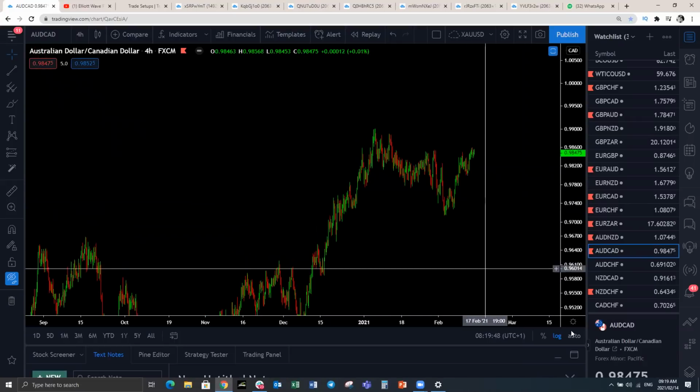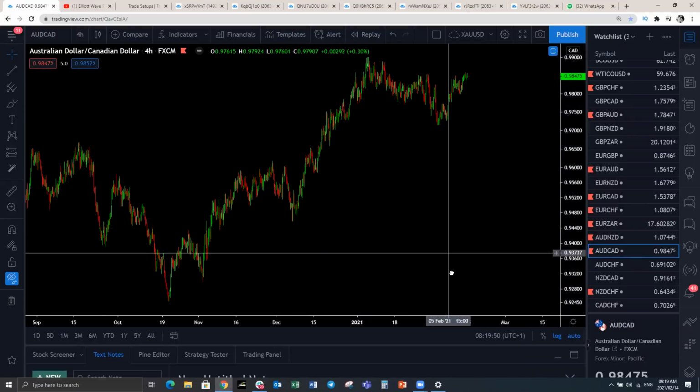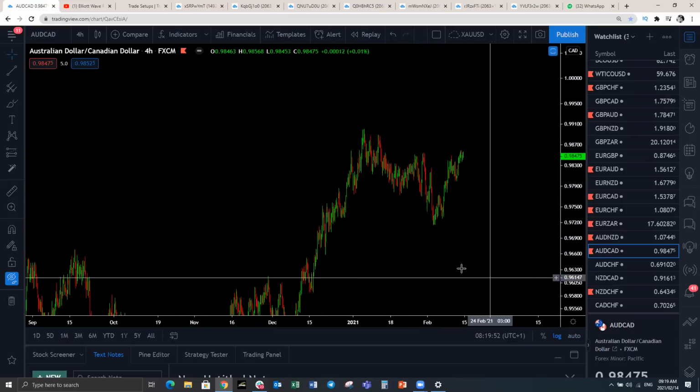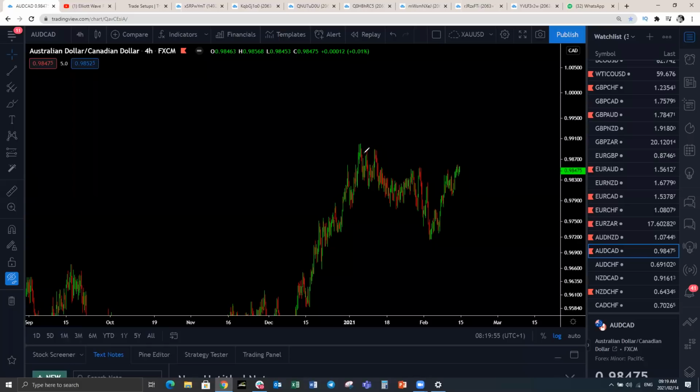AUDCAD, we've got a trade setup on this one. A very nice, painless trade setup on this one that I'll show you just now. This is the three-wave. Remember, this is an Aussie pair. It is AUDCAD. We've got Aussie US dollar and Aussie yen, whose structures have made the same corrective structures here. We've got this W, X, and a Y. We expect this to make a continuation to the upside.